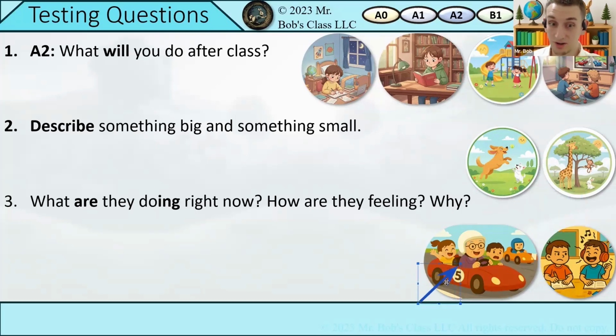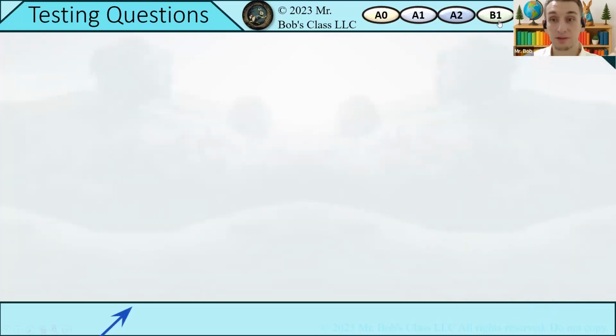They are driving a car. The girl feels great. She likes to go fast. The boy feels upset because he is scared. He does not like to go fast. They are trying to do some work in the classroom. The boy who has the orange shirt, he feels bad. He does not like the boy who has the blue shirt because he plays loud music. The boy who has the blue shirt, he is having a great time, but he does not listen to other people. At the B1 level,